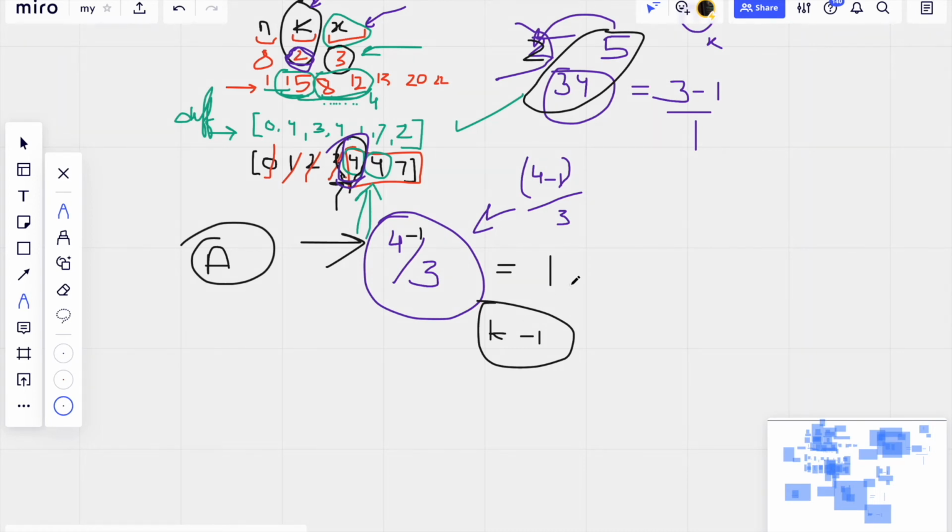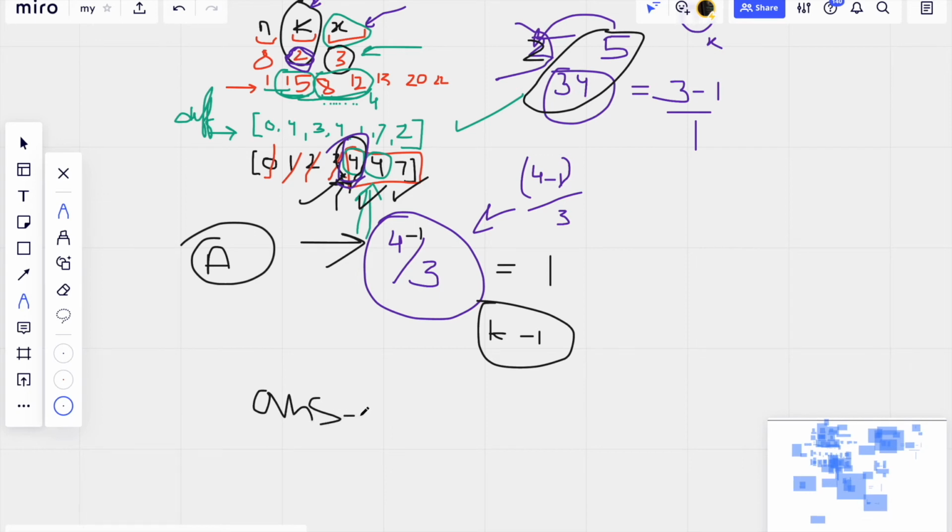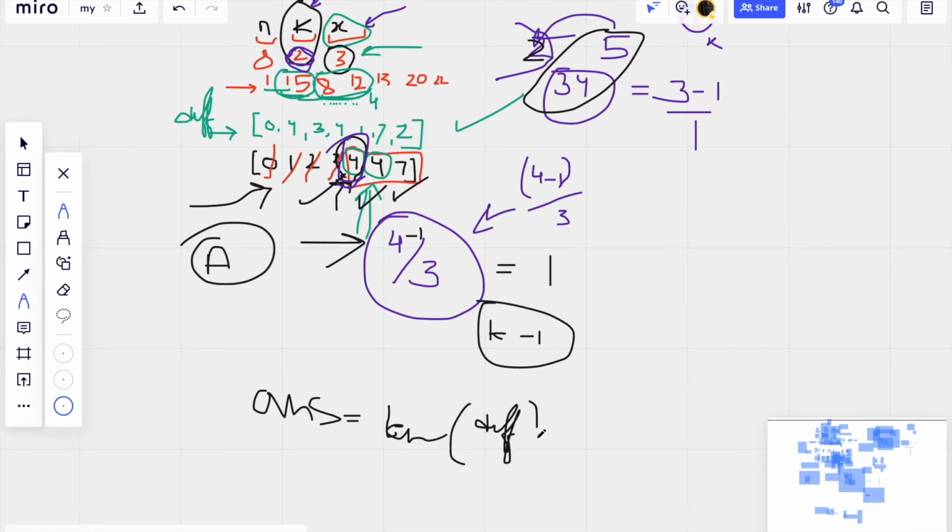It's simple logic. What we are doing is eliminating the individual differences between the elements which are causing the irregularity in the pattern of the students. And what will be the final answer? This is the final answer. The answer will be equal to the length of this particular difference array, plus 1. Why is this plus 1?